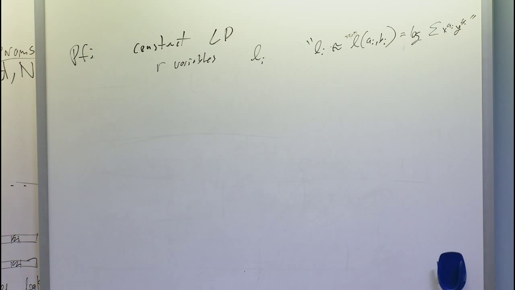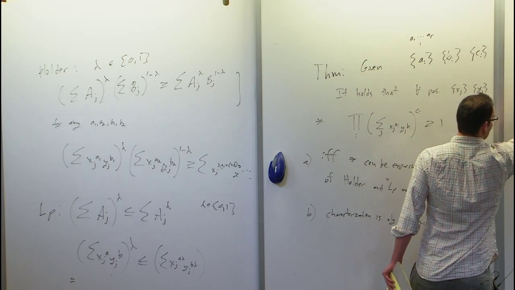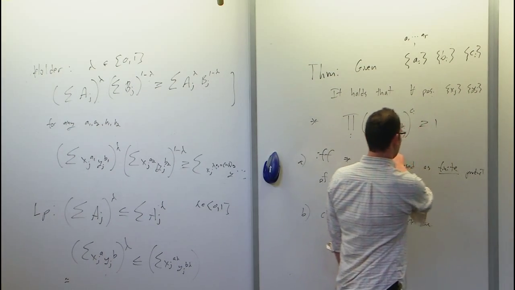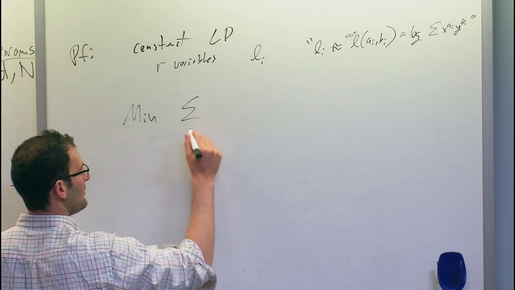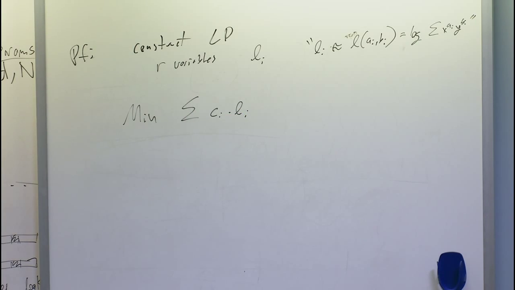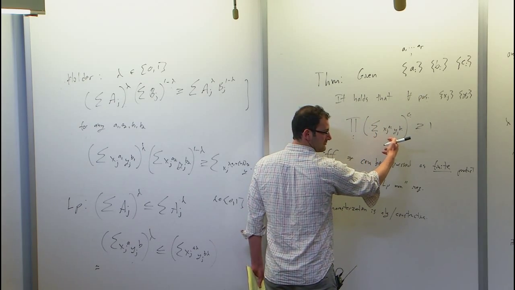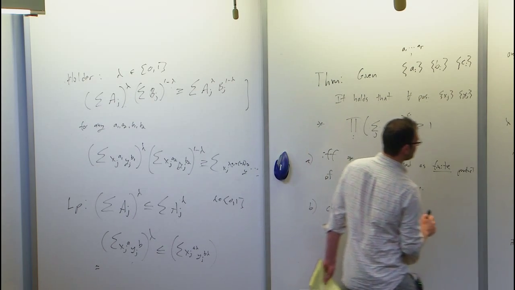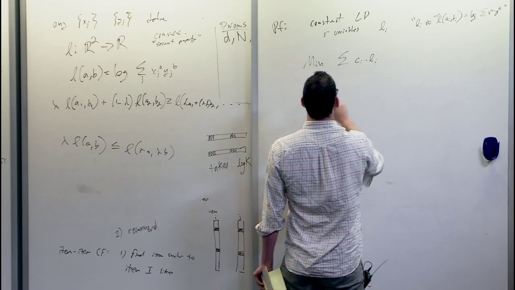Okay, and the linear program is basically going to say, can we find some function L satisfying these properties that violates this? So namely, it's going to say minimize the sum of Ci times Li. Ci times Li is literally the logarithm of this expression, when you interpret Li as this form. Minimize this such that,